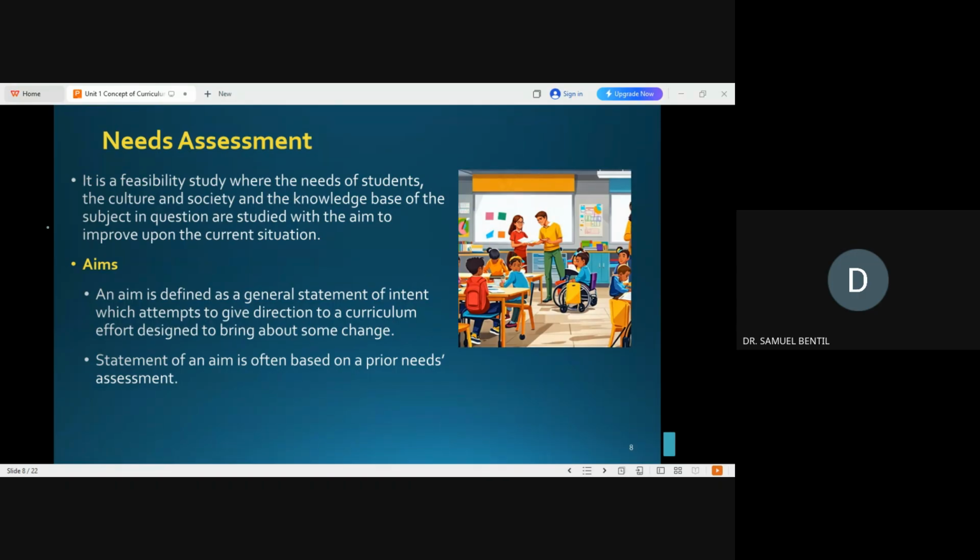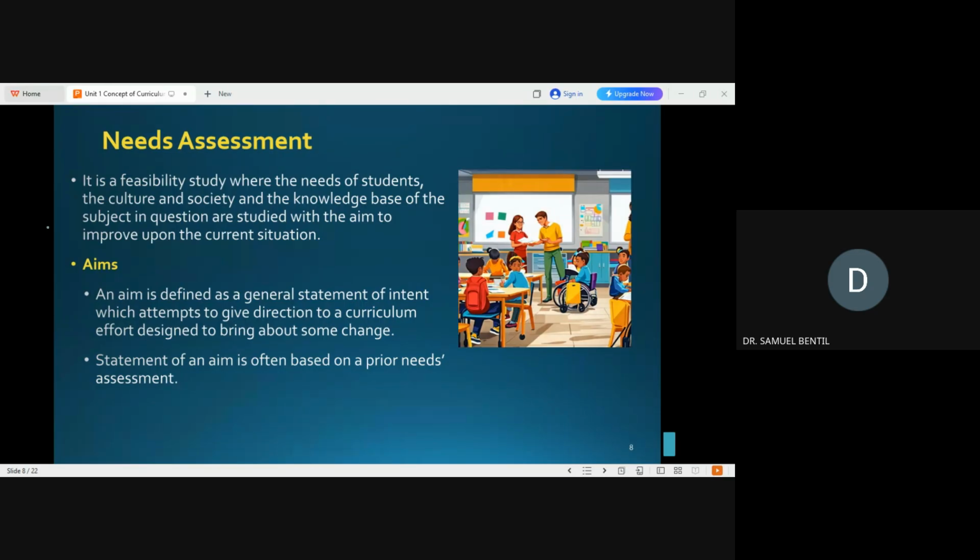Then I said that even in other books, you may not see needs assessment, but you may see what we call situational analysis. Situational analysis is the difference between what ought to be and what is prevailing. The example I cited about graduate unemployment was to explain how to appreciate the concept of situational analysis, what ought to be and what is currently prevailing. So what I cited was under situational analysis or needs assessment and not under aims, goals, and objectives. Now, having conducted your needs assessment or situational analysis, you are in a position to write your aims, goals, and objectives.